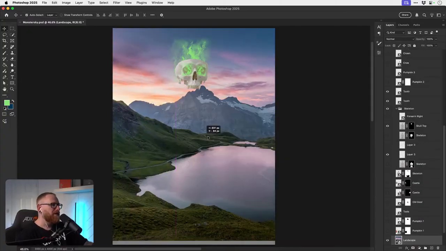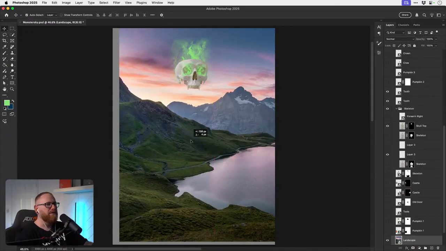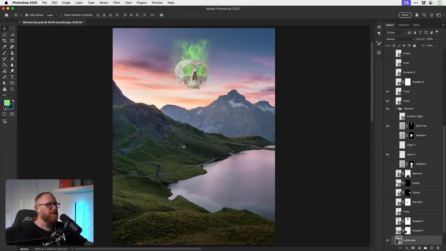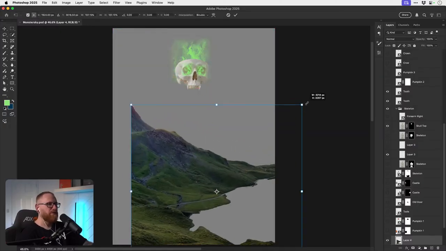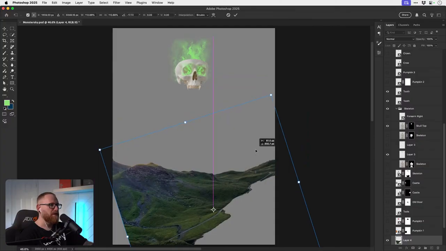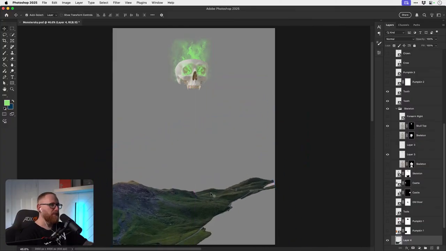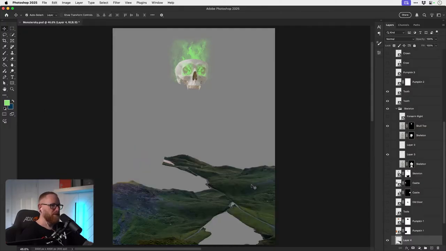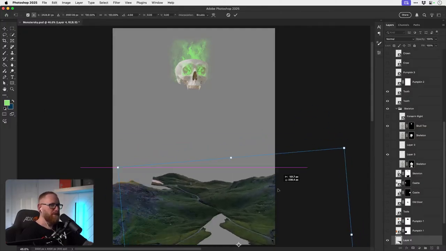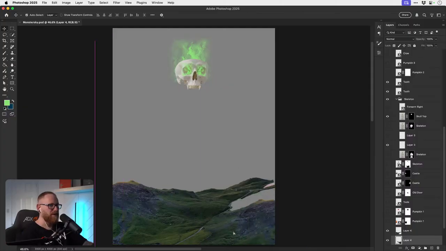Right. We've got lots of lovely hillside here. So let's try grabbing said hillside, minus the water, and we'll just see what we can make. You'd be amazed what you can do with stuff like this if you just grab bits of landscape and flip it around. Send a bit behind here.